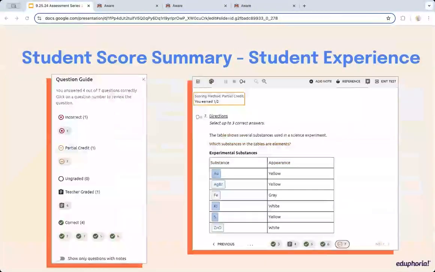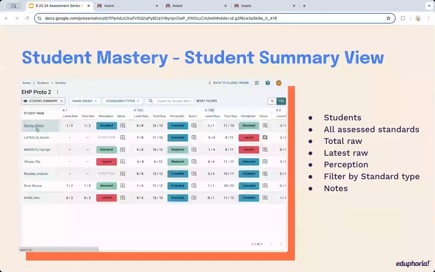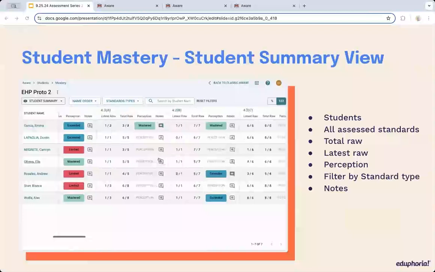All right, that's what the students looked like. That's examples I already showed you live. Let's hit real briefly on an Aware Premium feature that is also really, really helpful when we're trying to identify the levels of mastery for students, which comes into play with this entire feedback cycle.